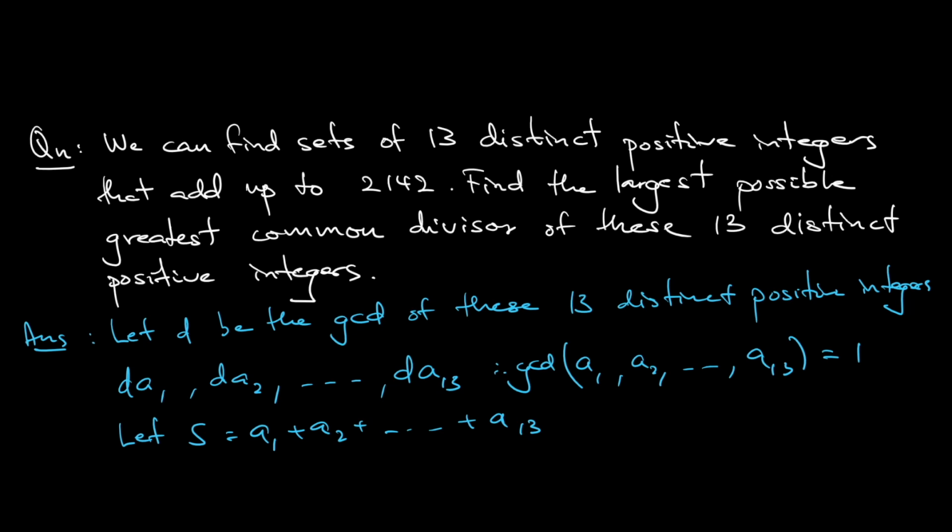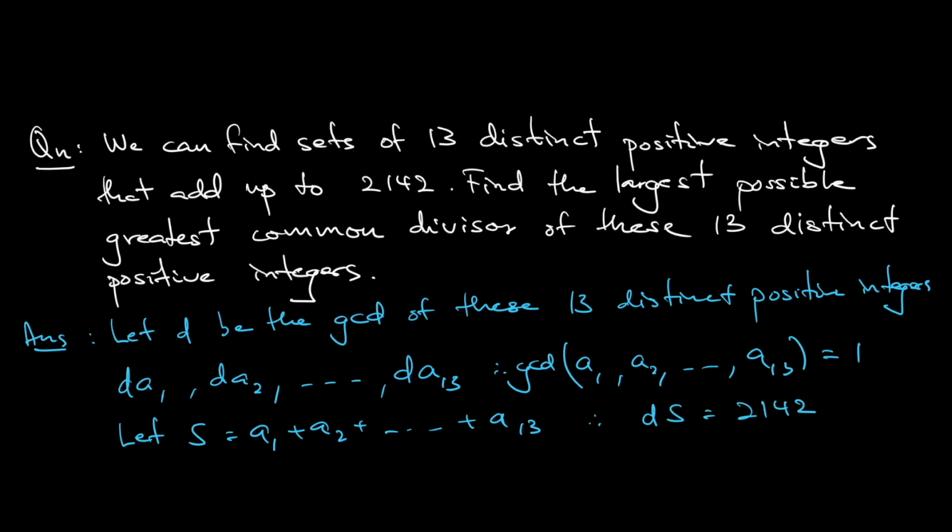Because the sum of these 13 numbers is 2142, taking D out as a factor, it's just the sum of A's. So that means D multiplied by S